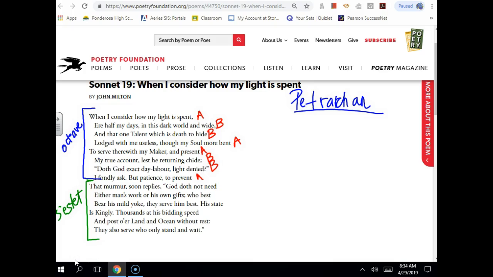Nate Hubbard. Need. Does it rhyme with anything in the above? No? So what are we going to label it? C. Good. Best. Does that rhyme with anything so far? Janessa? No, so it's going to be D, right? Okay. State. State. C, D, E. Speed. Yeah. C. Rest. It's D. And wait. Oh, yeah. I thought that was supposed to be B.